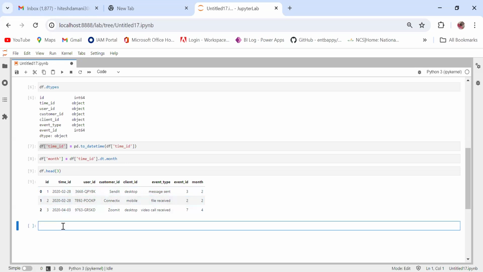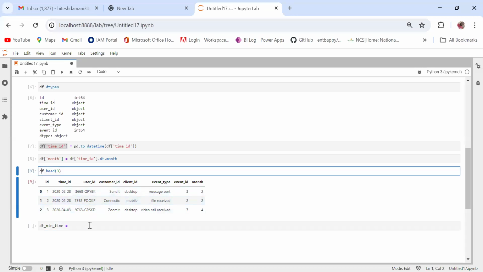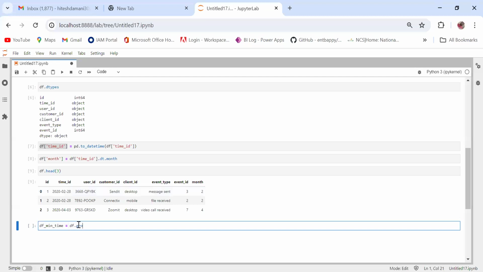In order to fetch that, I have to do a group by on this column, and I have to fetch the minimum of this time ID, right? So for that, I will use a data frame as df minimum time, and I will do a group by on df. So df.groupby, group by of what? Group by of user ID,